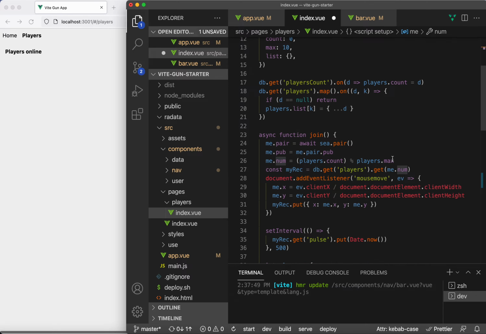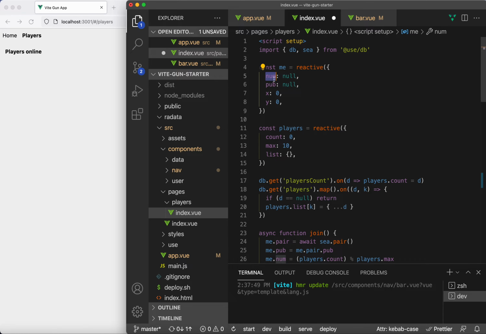What is num? It's my number in a line of players. I don't know why I need it, but for now it's okay. The pub key tells us that I'm logged in, and this is definitely my me, because I have the key pair, the SEA key pair, a really strong cryptographic tool to use later in the game, and the X and Y positions,